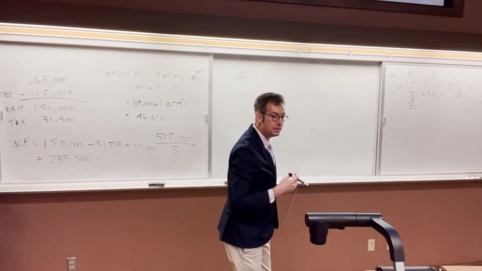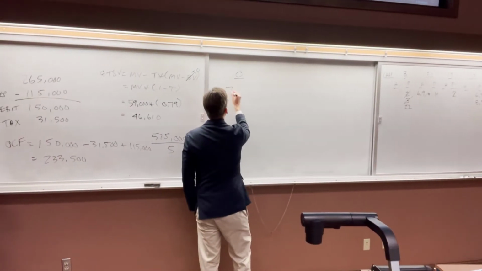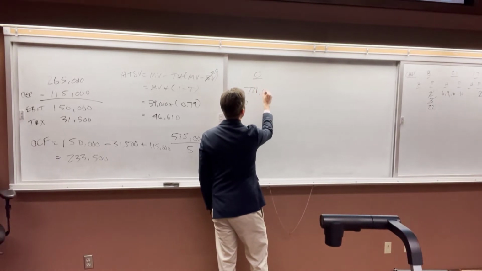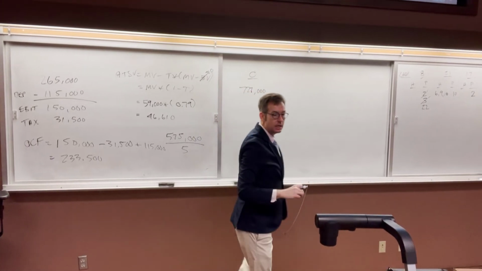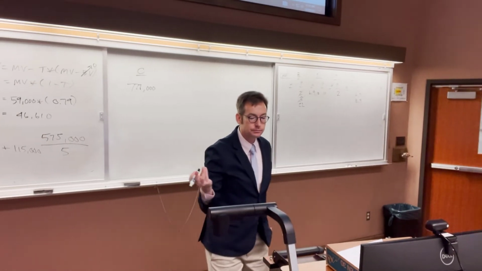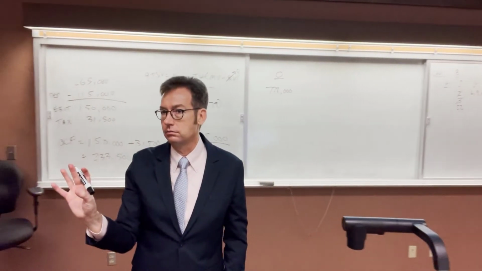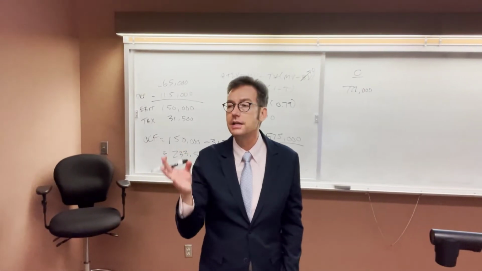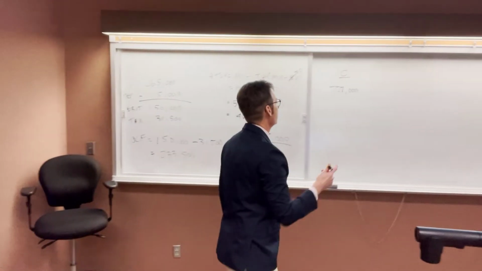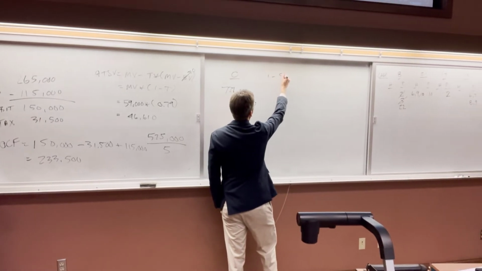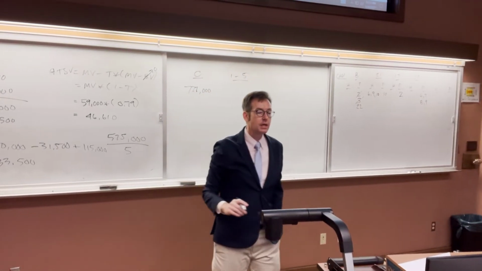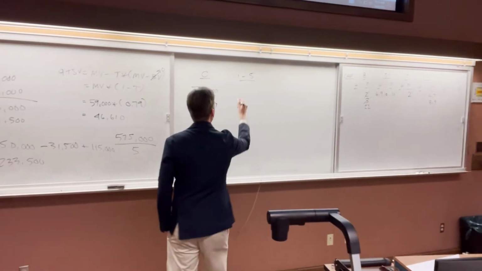Okay, so what are we spending at time 0? 727,000. And then, how long is the life of the machine? 5 years. Does it say anything about a salvage value? No. So we're going to assume this thing dies worthless. Okay, so that means that years 1 through 5 are all the same. And annual operating costs are